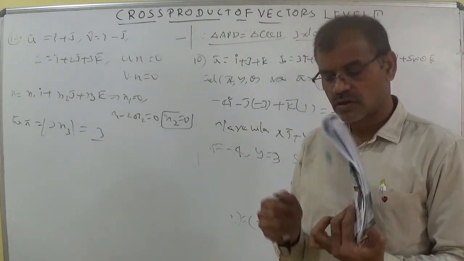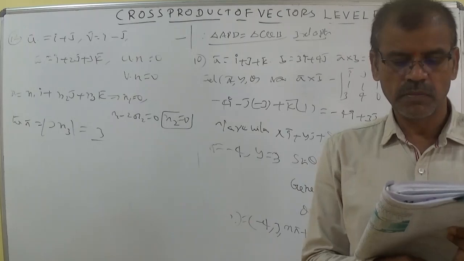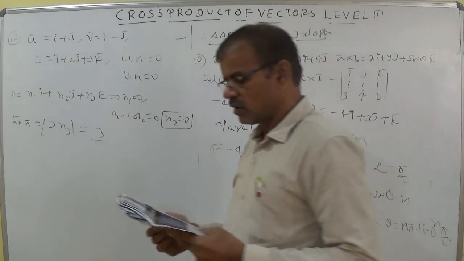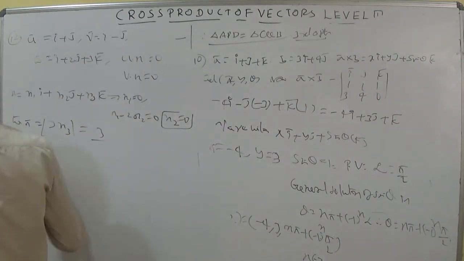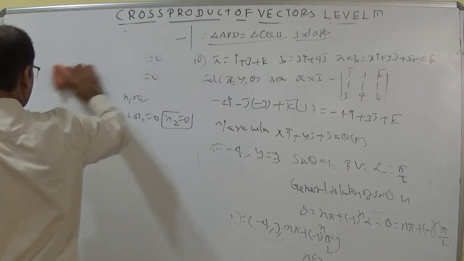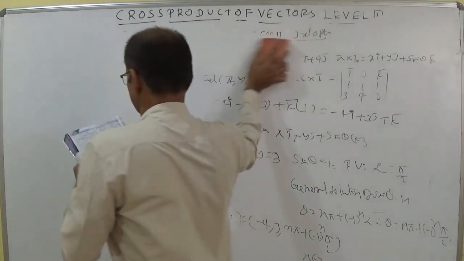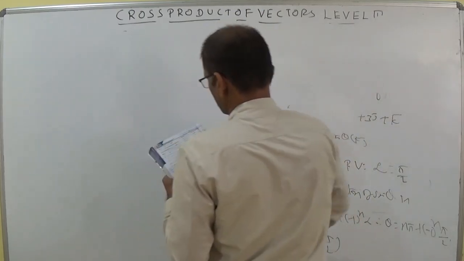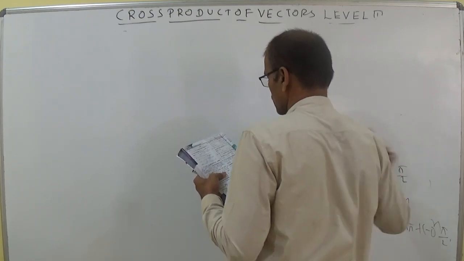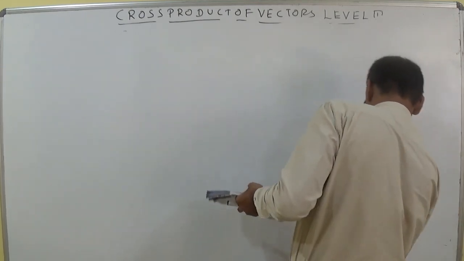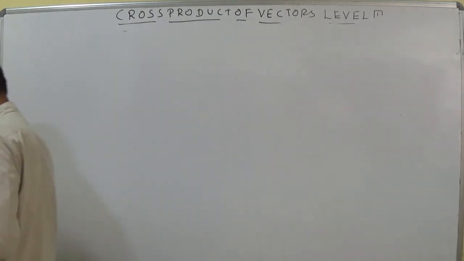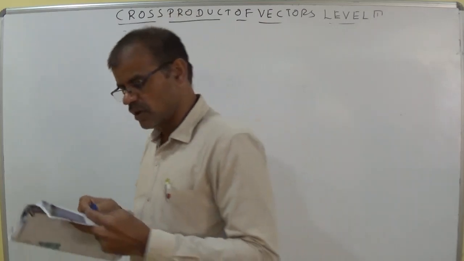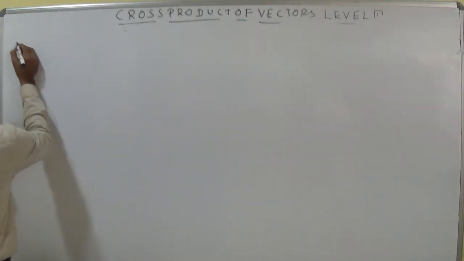Let us discuss the 13th question. A bar, students, you try to understand. A bar value is 2 comma 1 comma minus 1, and B bar, C bar, D bar are also given. A, B, C, D are 4 vectors. The projection of the vector A plus C on the vector B minus D cross C. So using the projection concept, A bar dot B bar by modulus of B bar, you should know the formula, and you can do it using the formula.